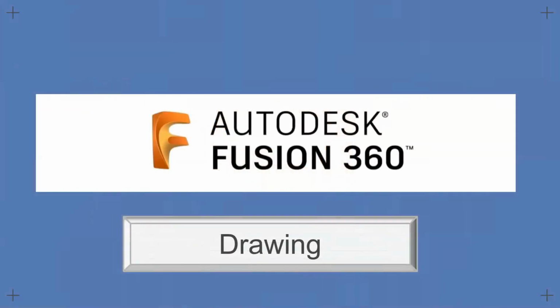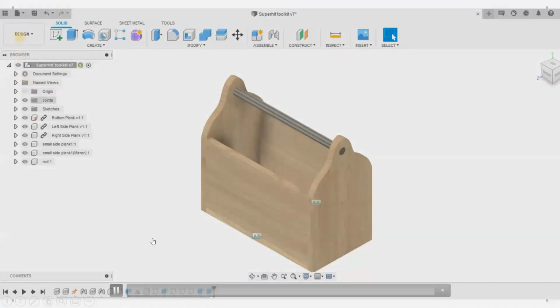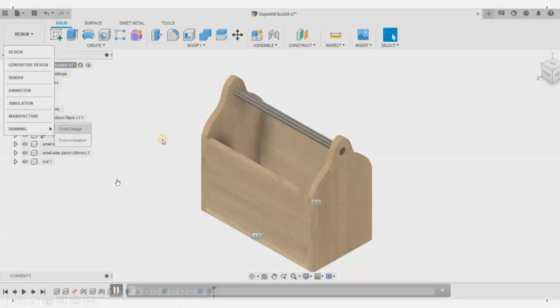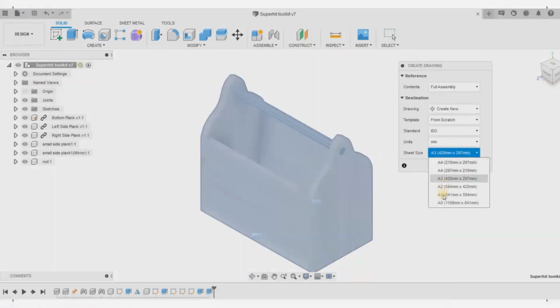Next is the drawing. Why do we need drawings? Even today, if you go to any manufacturing people, if it is not automated, like if they're not directly 3D printing or anything, they understand only the drawing language. Drawing is a very good language that has been created for engineers to understand each other's work. You can see how easily I can create drawings for this. I can go to the drawing module from here itself, and then I can select.